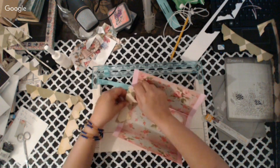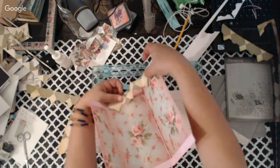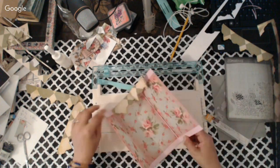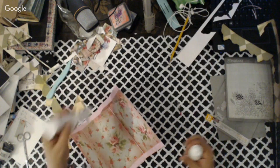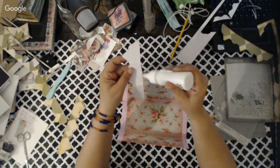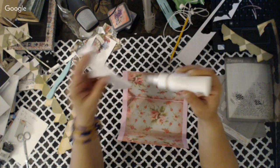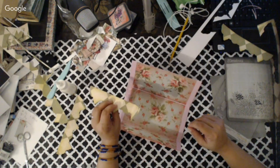So that's pretty much this one. So you'll see how that's gonna be at the top, and then you'll have that dimension right there, which I think that one might be my bottom. I'm not sure. So let me glue that in there. I'm not gonna glue the whole thing down because there's no need for that. I just need the top of it to kind of